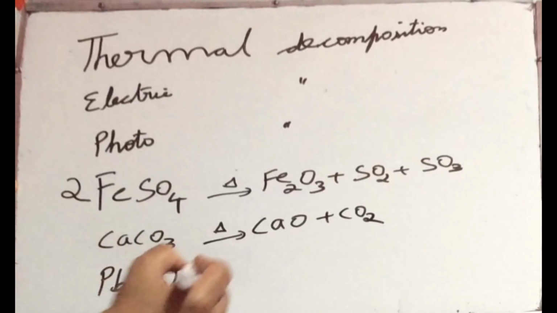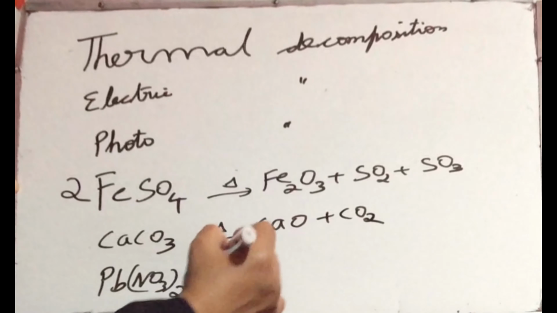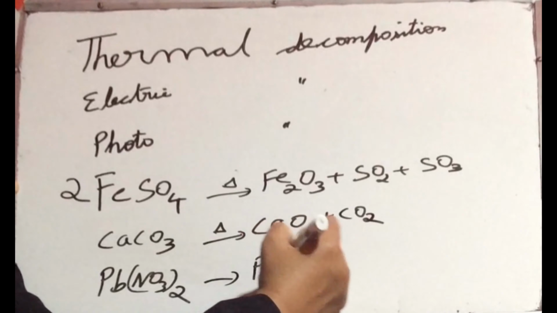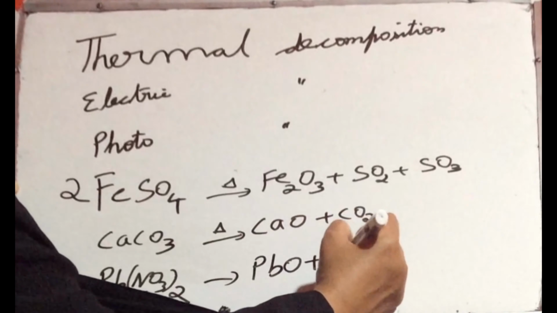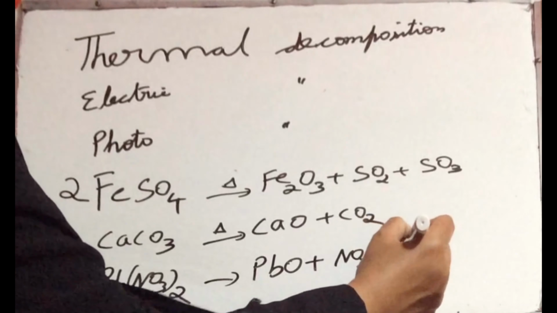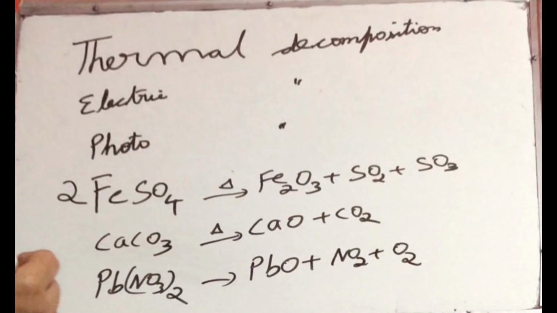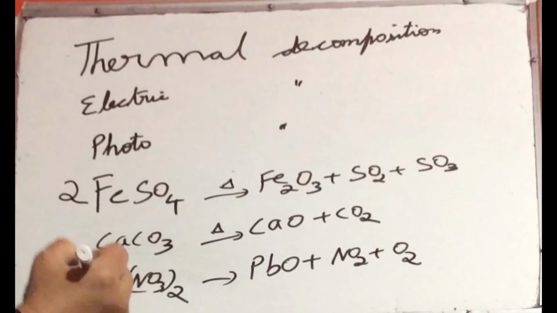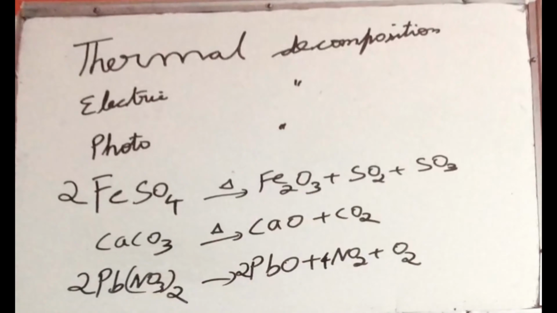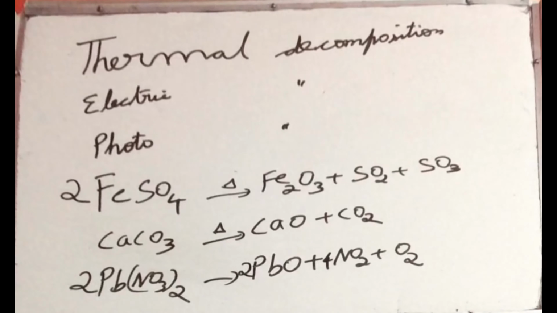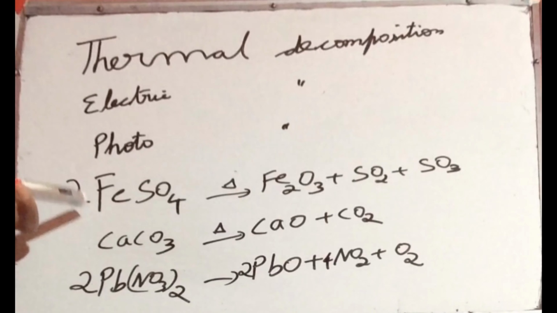Next, lead nitrate on heating will give you, what are the products? Try to tell the products. Lead oxide PbO plus NO2 plus oxygen. How do you balance this? 2Pb(NO3)2 will give you 2PbO plus 4NO2 plus O2. So these are the three reactions that you are learning for thermal decomposition. What is the color of ferrous sulfate? It is